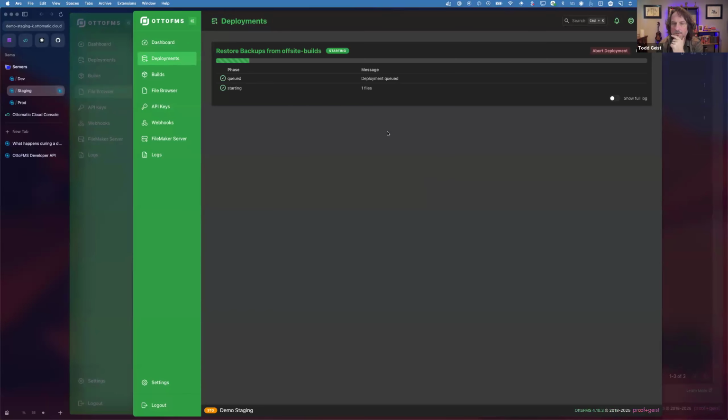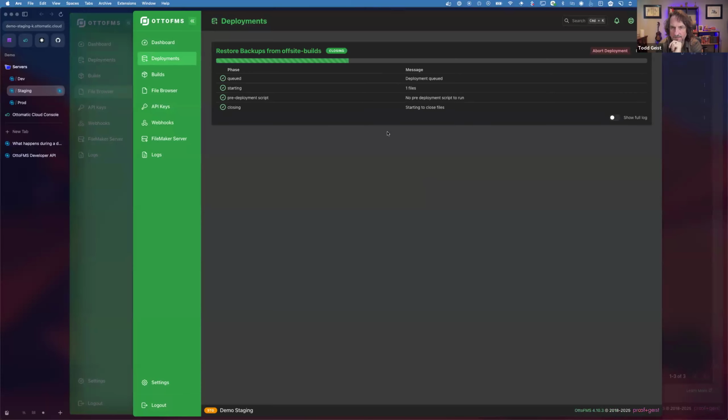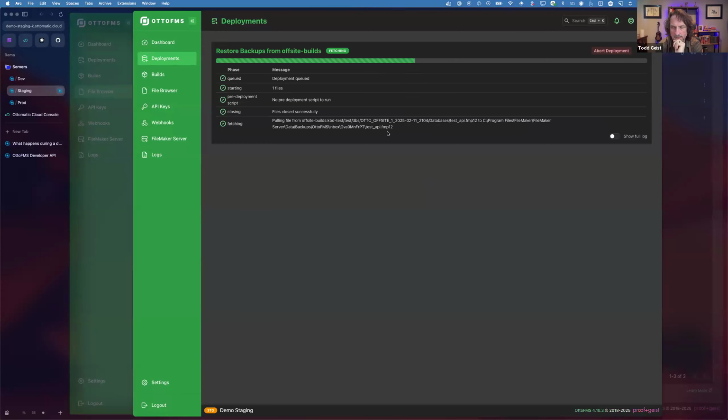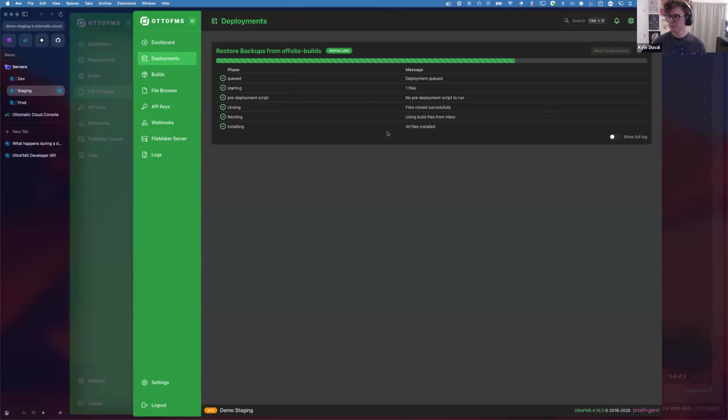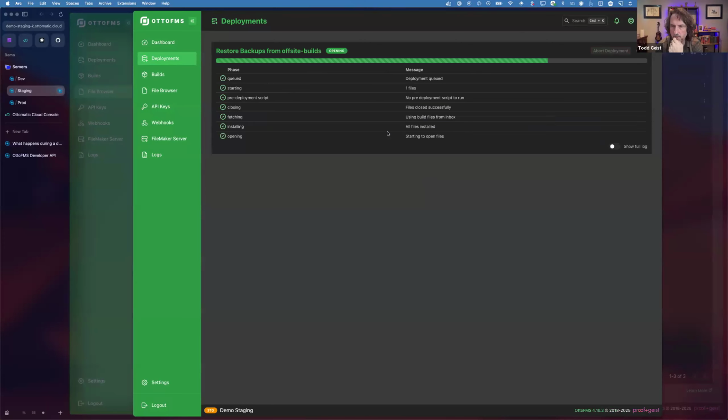Okay, so if you're going to script this entirely, like in a FileMaker file, you would find the file you want by iterating through the list of files on the backup in the storage location. And then you would create a deployment that uses that URL.